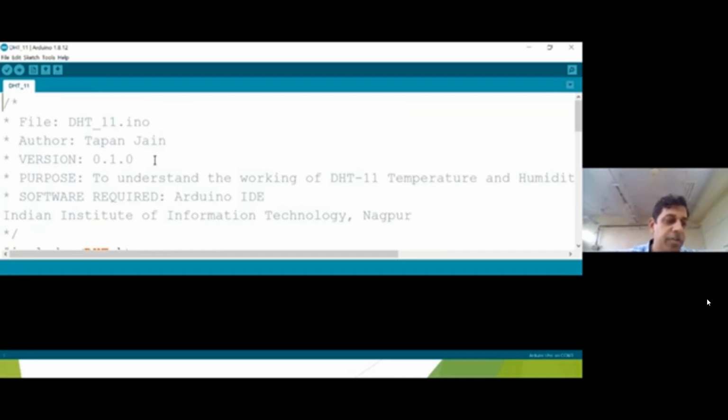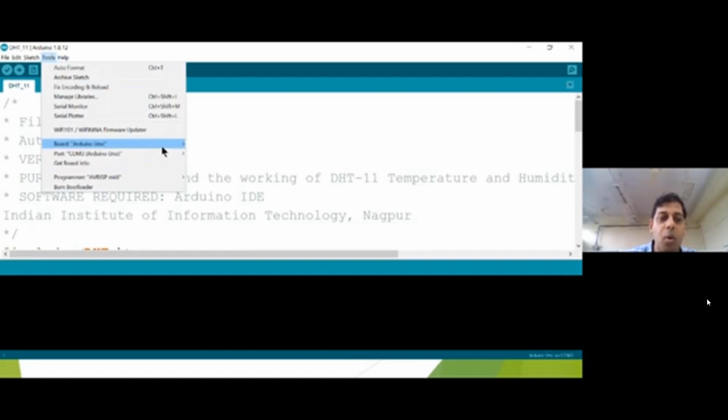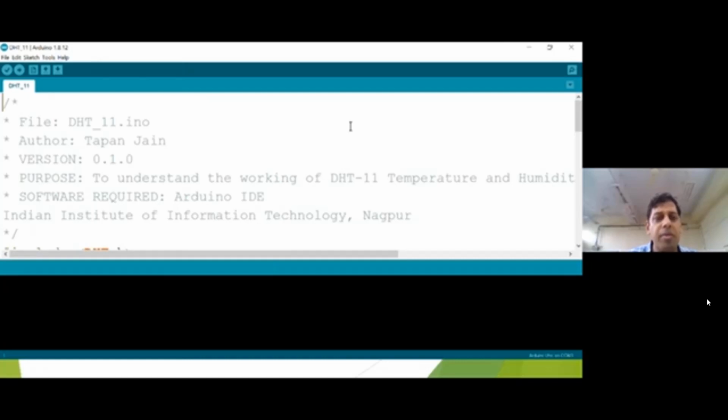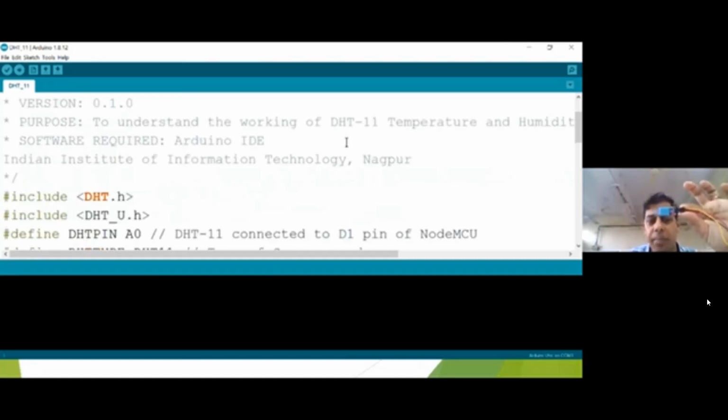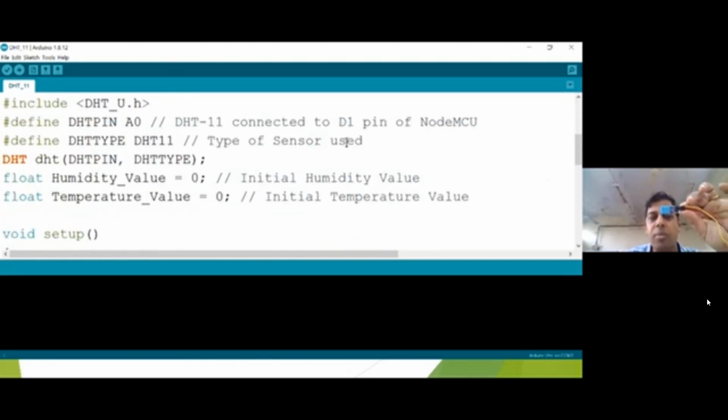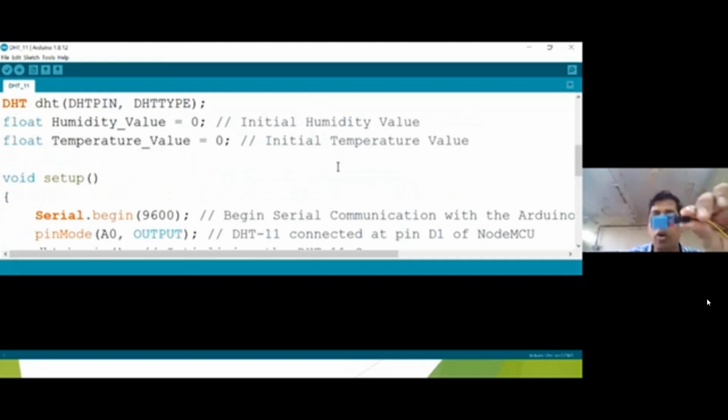Step number one, whenever you write a program, go to Tools and select the board. I have already selected the Arduino board. But the problem is that the DHT11 sensor is not supported by the IDE, so we have to install it. We already installed the corresponding file through the Library Manager.